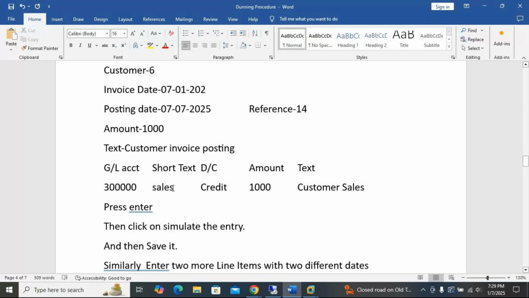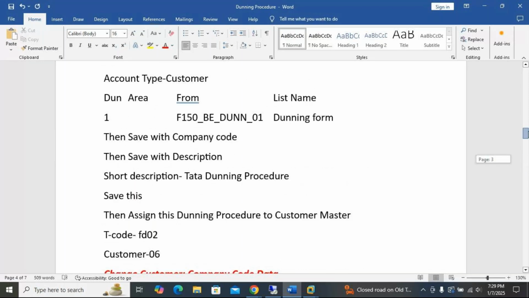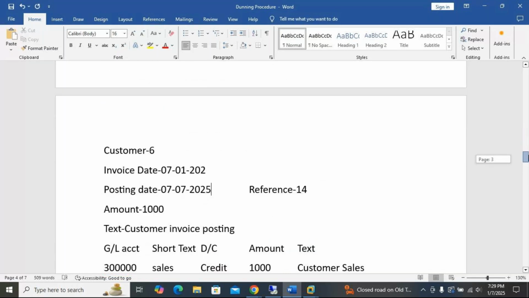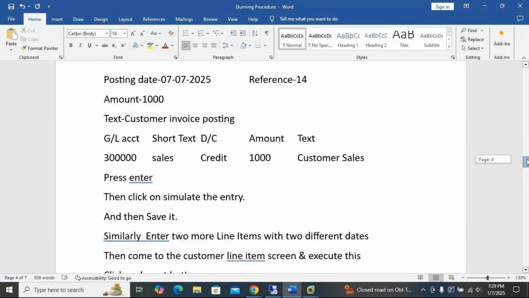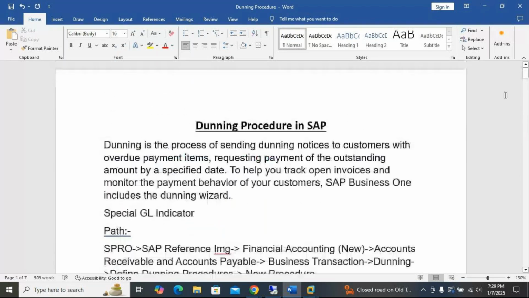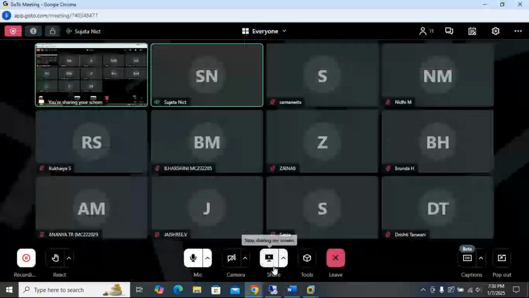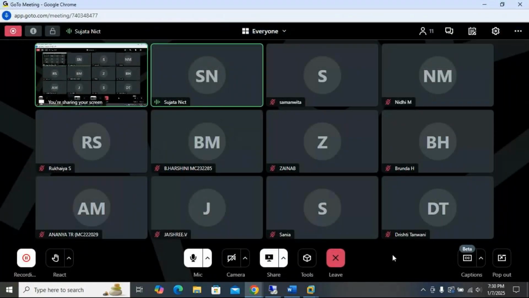So these are the things I'll send you with editing by tomorrow. Recordings will be there. In this particular note I'll do some editing, because we used company code TA10 for the other company, but I have edited this one to WRPN. So I'll edit this and show you. Clear, students? So that's all for the day. For the dunning procedure, those who have attended, very nice, and for those who have not attended, once more I'll show you in the Thursday class, in the Wipro company. I'll show you once. Clear? So it's done, students. Done for the day.